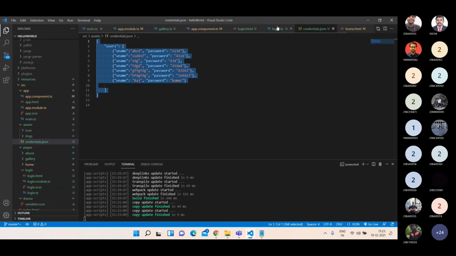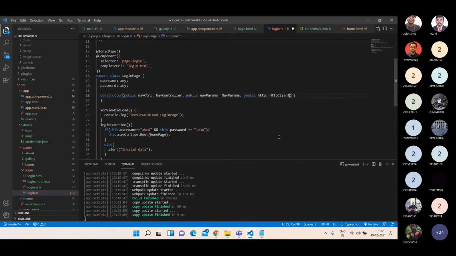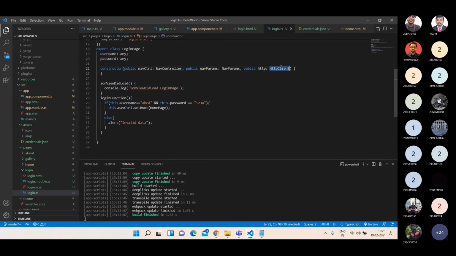Now what we are going to do is call the server. For accessing external data, you will need the HTTP client.